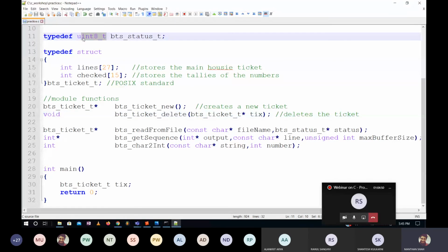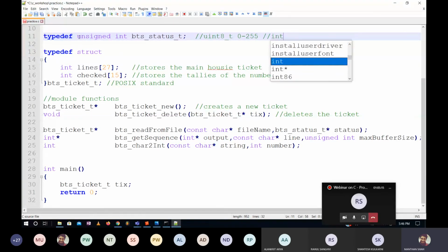UINT is unsigned. This U means unsigned. Int is integer. This 8 specifies the number of bits, basically. So this is an unsigned 8-bit data type. I can also change this as unsigned int. It won't matter much here. The range of UINT 8_T goes from 0 to 255, as you know, in binary.